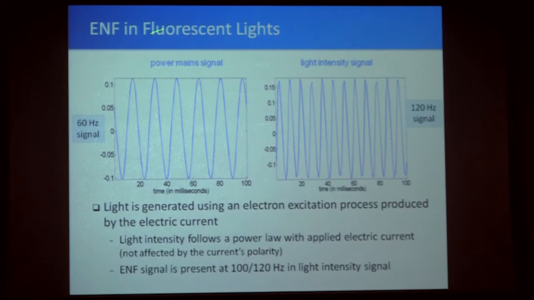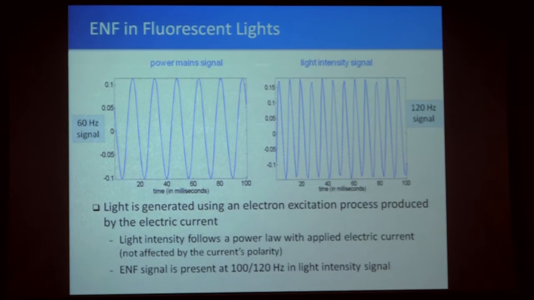And here is what we measure from our power mains. It's 60 hertz here in North America. If we look at the light intensity from our photodiode, it's not 60 hertz. Our electronic devices are sensitive enough that, even though we cannot see it, they measure the same kind of sinusoidal variation, but at twice the frequency. Yeah, because there's a full wave rectifier in your fluorescent light system. That's right, and also the light intensity is